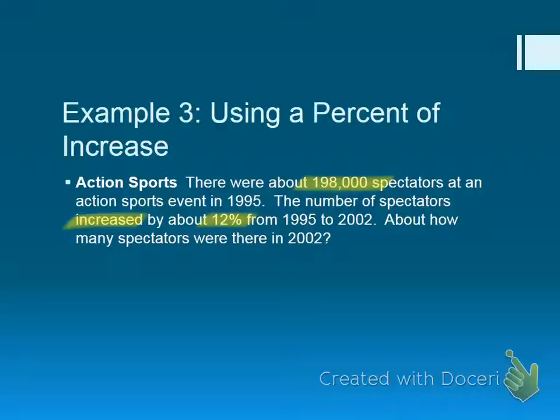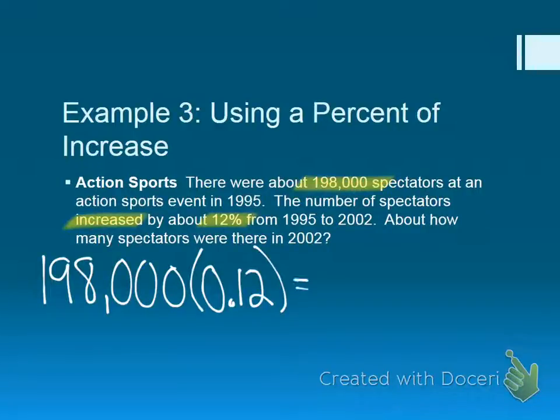So what is 12% of 198,000? I've got to figure that out. I want you to find that number. What is it? You should be working. What is it? It's 23,760. And so now I'm going to take this number,